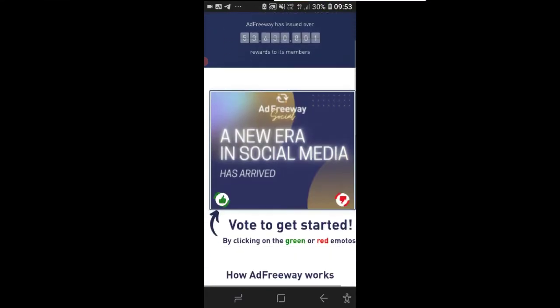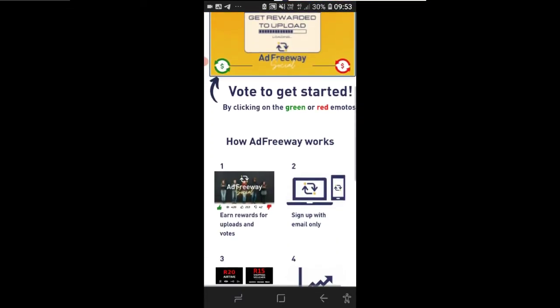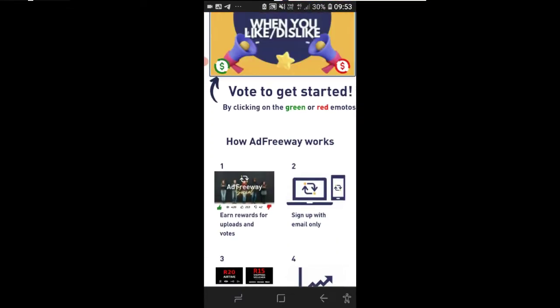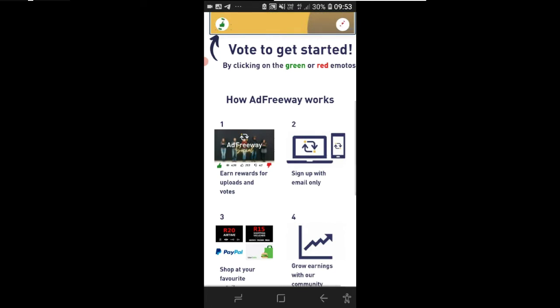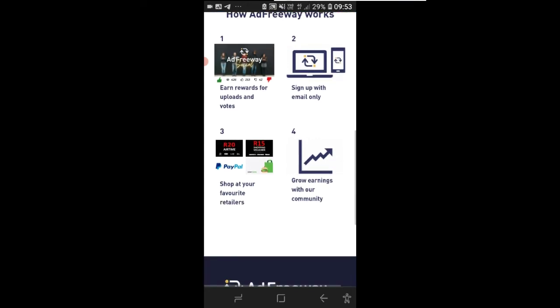Just scroll down. Basically, I'm going to show you how this works. Number one, earn rewards for uploads and votes. Number two, sign up with your email only, so you must have an email.